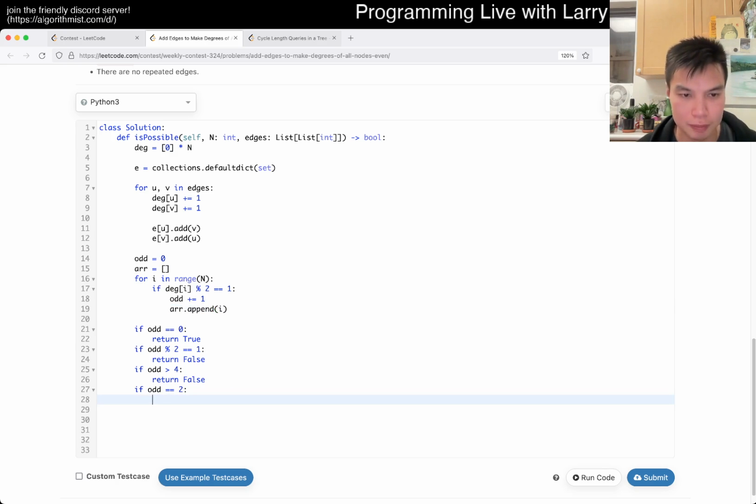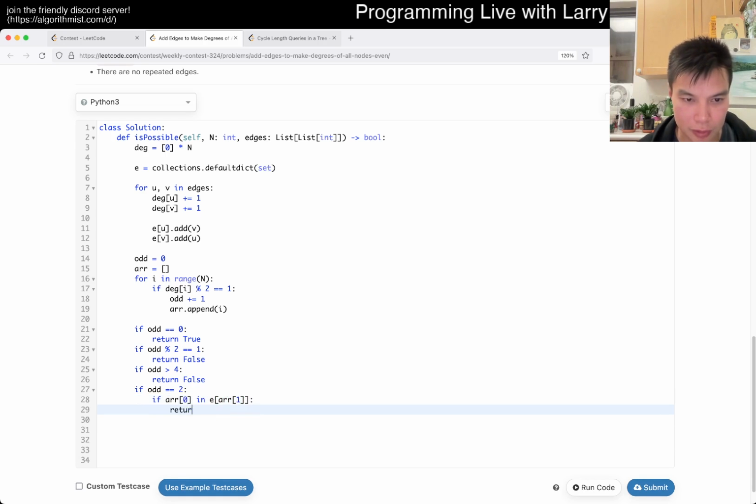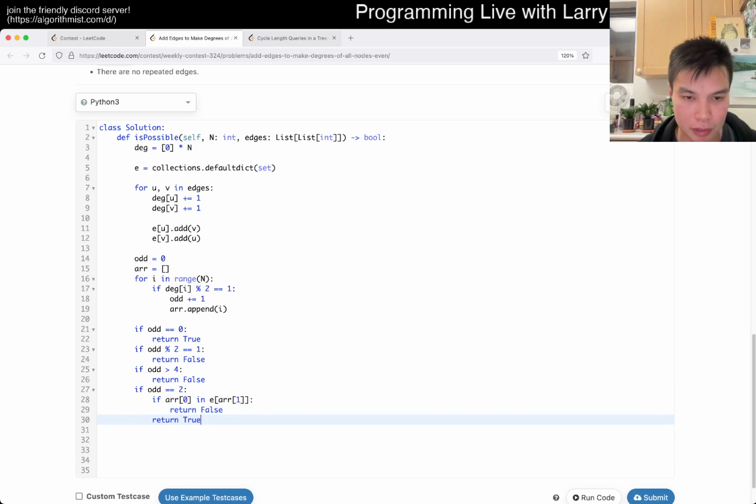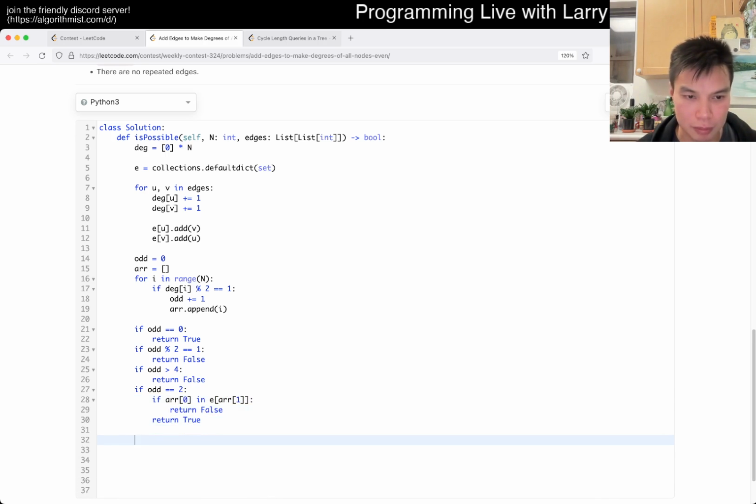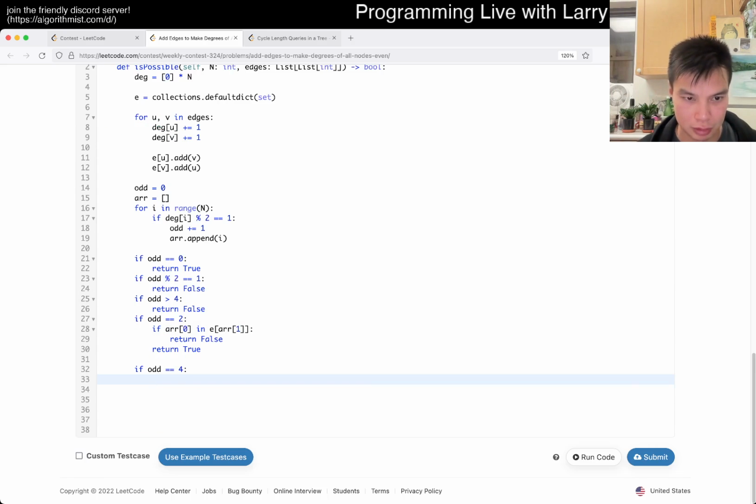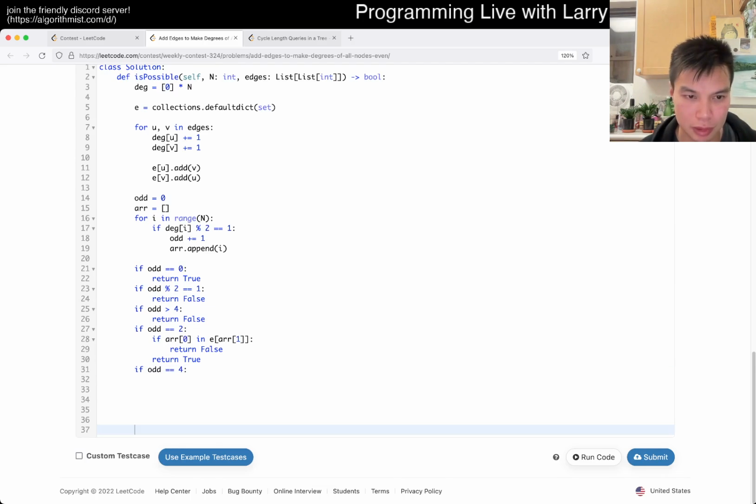Okay, then if r sub 0 and r sub 1 are already connected, then we return false. That means they already have an edge. Otherwise, we return true. If odd is equal to 4, then we need to add 2 edges. So then basically,